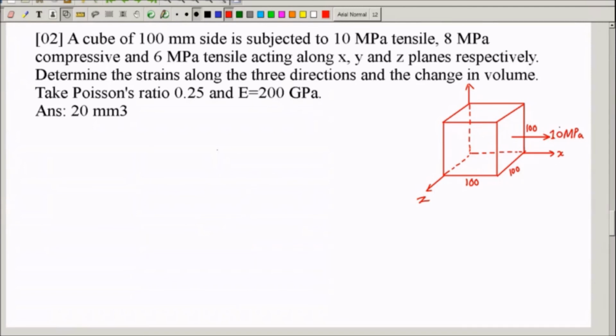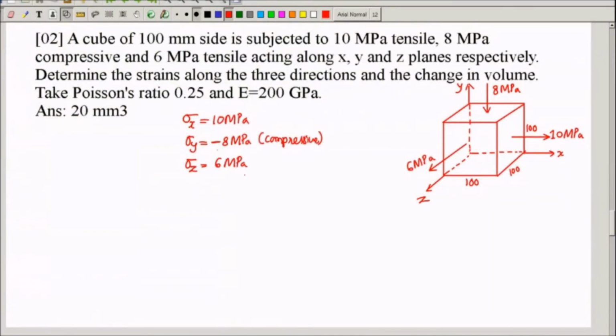In the previous problem, it was given in kilonewton, so it was load there. And in y direction, a compressive load of 8 MPa. Compressive means it should be like this. This is the compressive 8 megapascal stress along y direction. This is y. And other one is again tensile along z direction. On this plane, it will be 6 MPa. So given parameters are sigma x is 10 MPa, sigma y, observe, I have to take it as minus now. Very important. You have to take it as minus because it is compressive. And sigma z is 6 MPa.